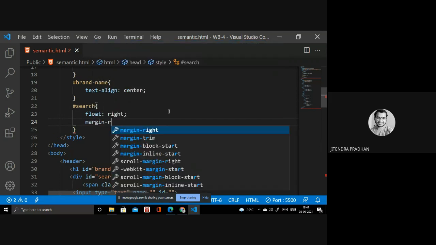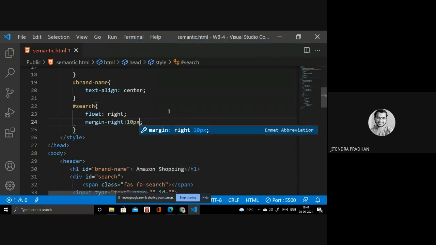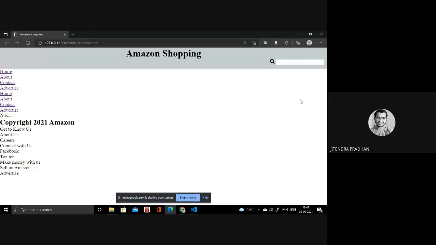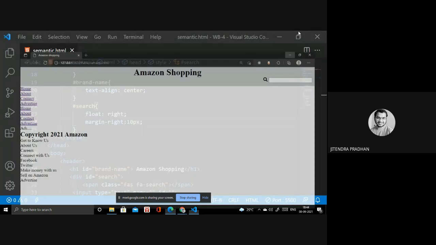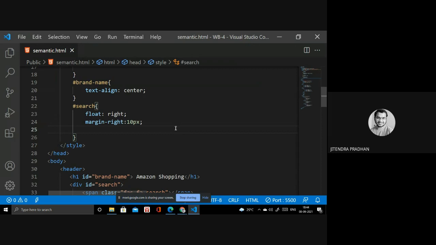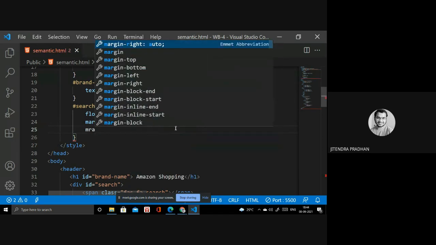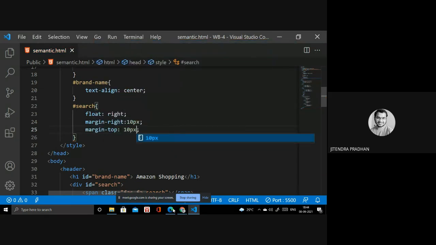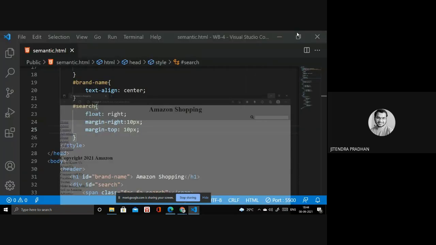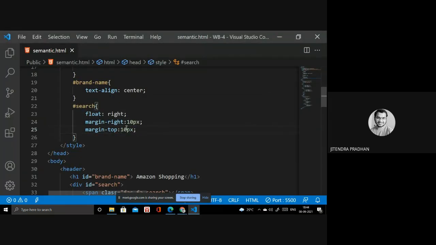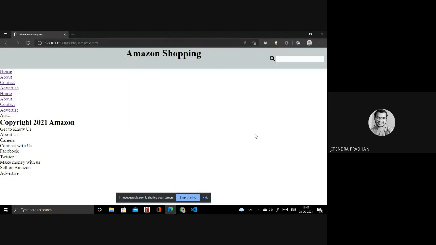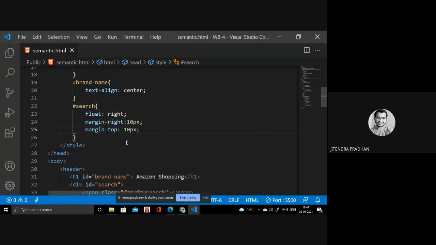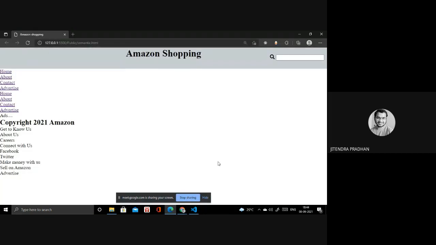Okay. So next thing, I need margin right, like 10 pixel. Okay, it's done. It looks better, but I need to change the design something more on that top side. I need to give that top margin. Wait, it's margin top 10 pixel. Let's see. Yeah, it's more than that, but I think I need to give that minus, better. Minus 10 pixel. Okay, but I need it like a 50. Okay, done. It looks better now.